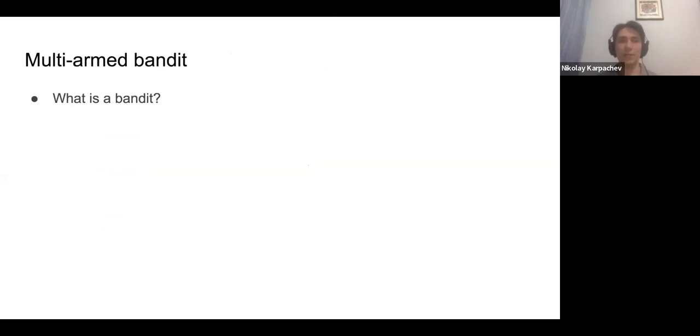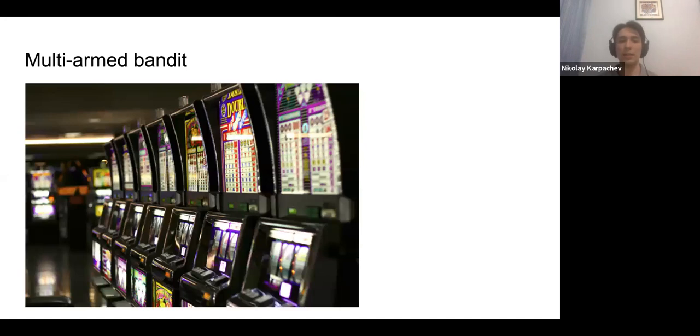So first of all, let's look into a little bit of theory. There is this interpretation, this task called multi-armed bandit. So first of all, what is a bandit? A bandit is the set of slot machines in casinos traditionally. And there are several slot machines, and each slot machine has these action that we play this machine, and